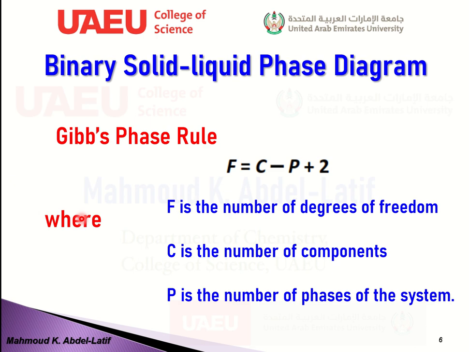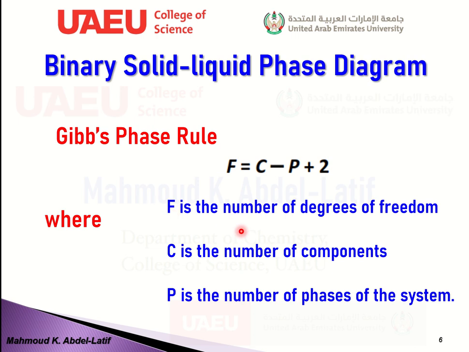Let's see. The rule which studies the phase diagrams between different components is called the Gibbs phase rule, and it is given by the following equation: F equals C minus P plus 2, where F is the number of degrees of freedom,